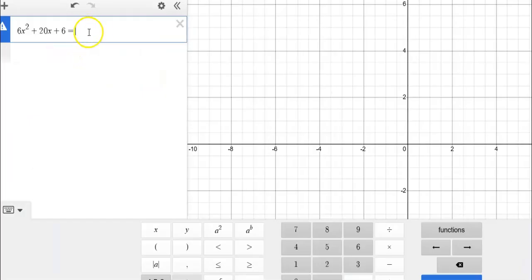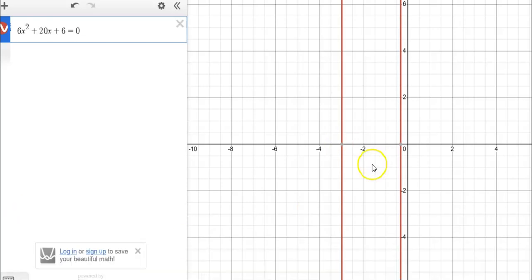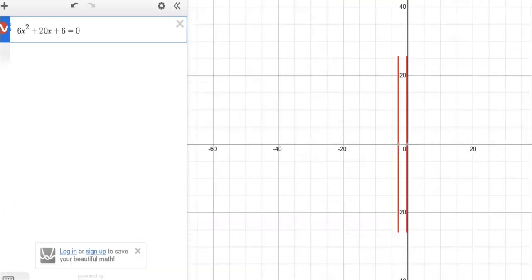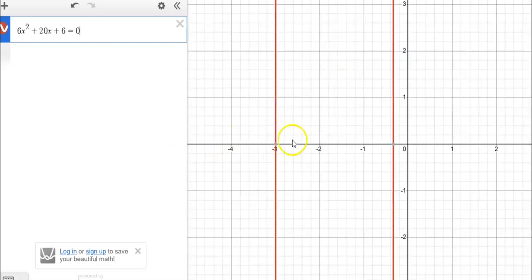I'm using Desmos here. I'm going to enter the expression over here. You can see I have entered my expression and plotted the graph. It's a quadratic graph, but you're just seeing two parts of it, so it seems to be like two straight lines. Here you can see that your graph intersects the x-axis at two different points, one at -3 and the other at